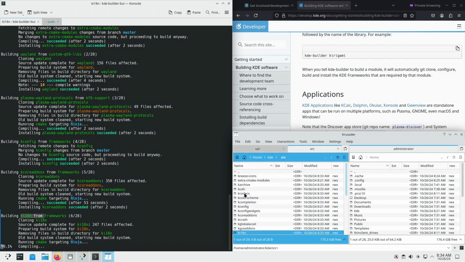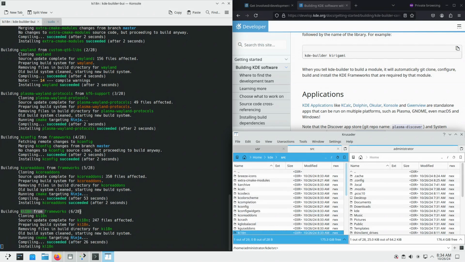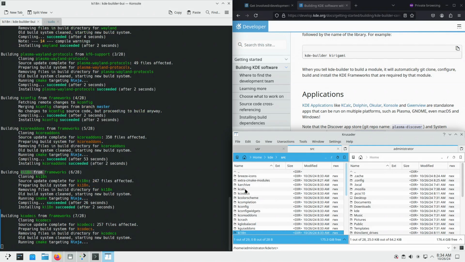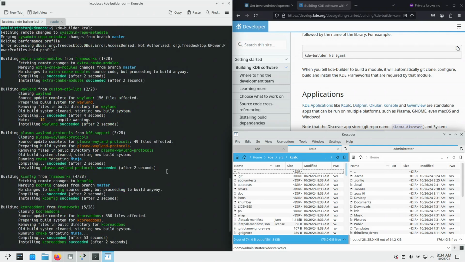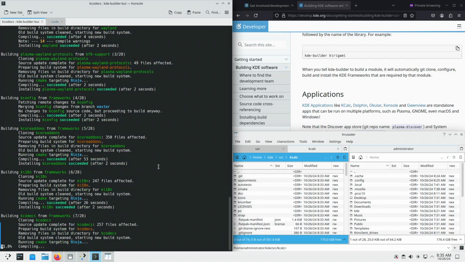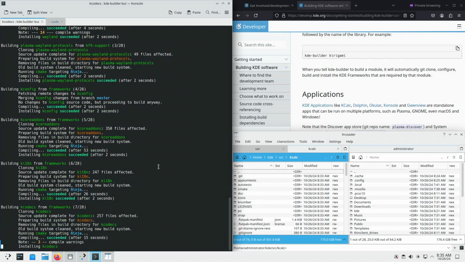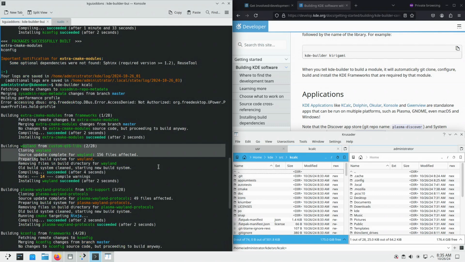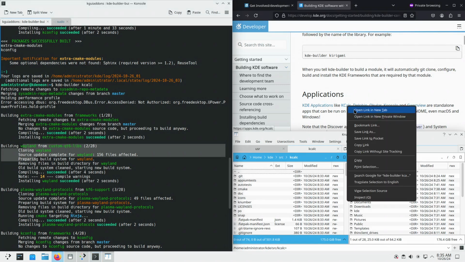At this step, it has finished git cloning all of the 28 git repositories, including kcalc, and it finished building 6 out of the 28 KD git repositories. There's also modules which are not KD git repositories, such as this one, Wayland. Most of the modules that are built by kd-builder are actually KD Git repositories, and KD Git repositories live in